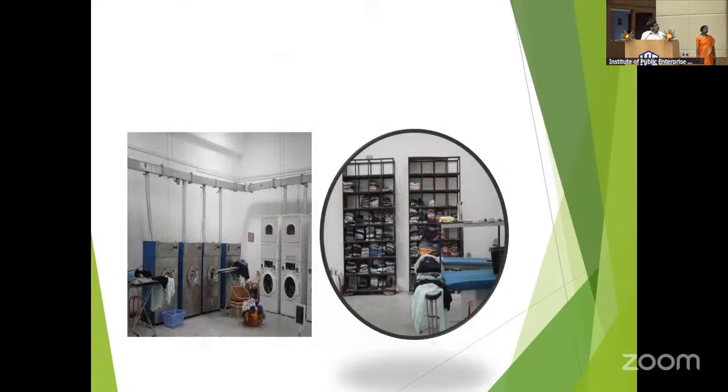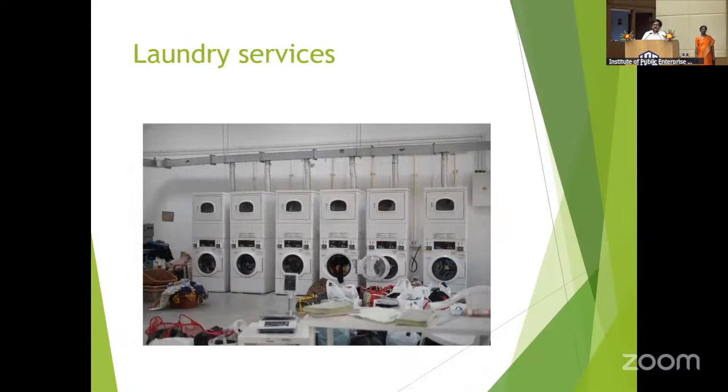This is the laundry. We allow all the hostlers to avail 20 cycles of laundry free of cost. That means two washes per month are complimentary, included in the hostel fee. If you exceed that, you have to pay. The amount is not very high, 236 rupees for one wash. One wash comprises 5 to 6 kg of laundry, which is easily 7 to 8 pairs.